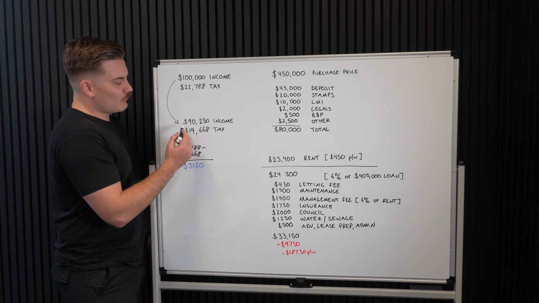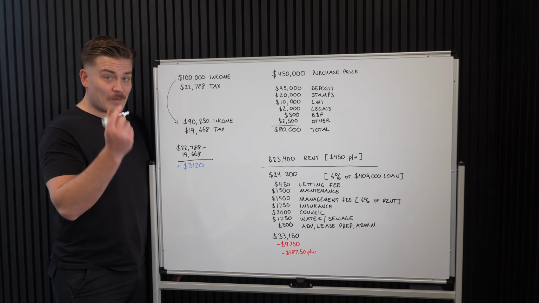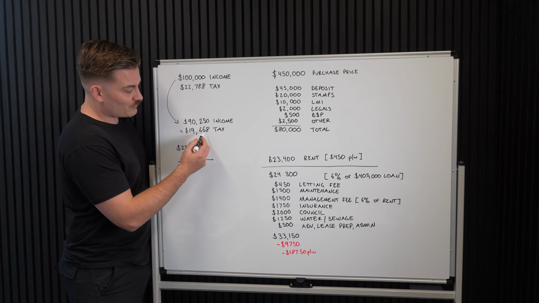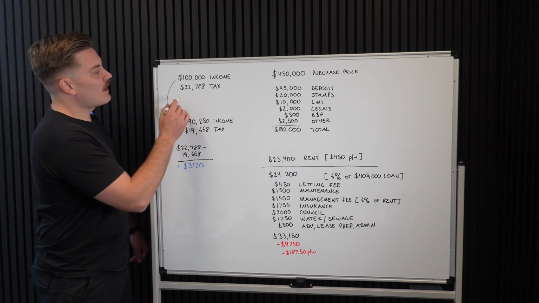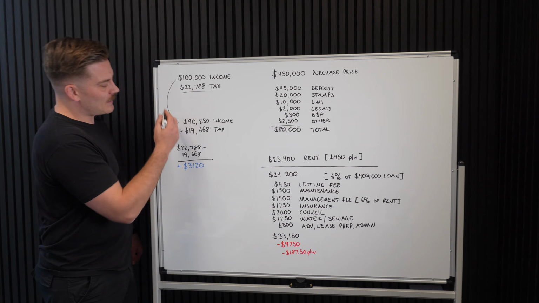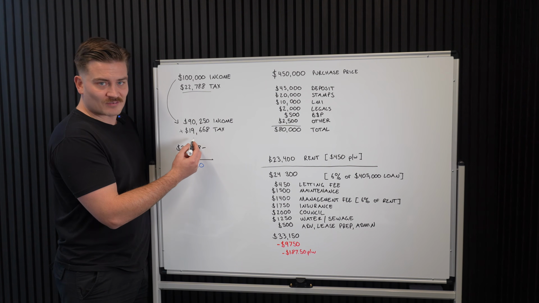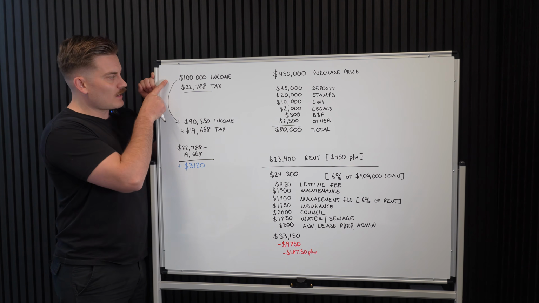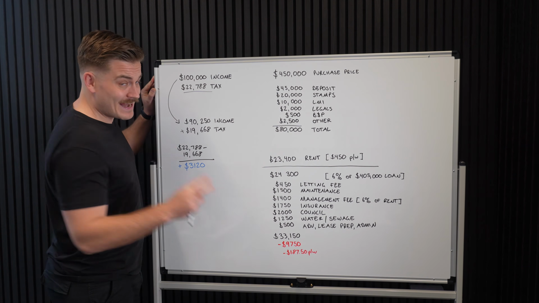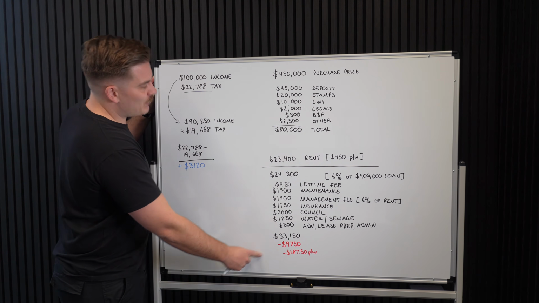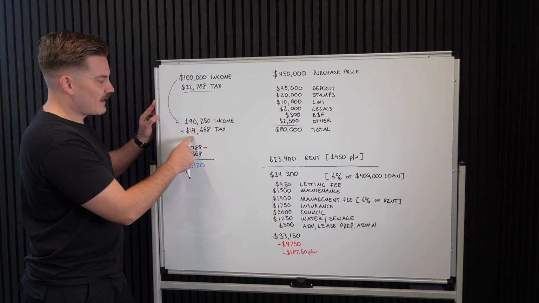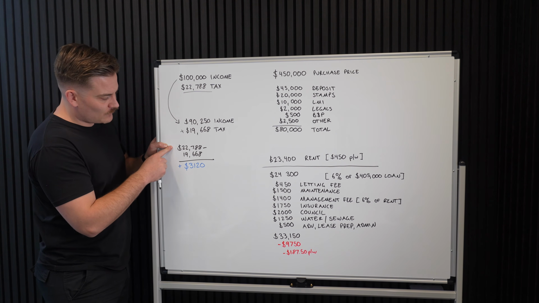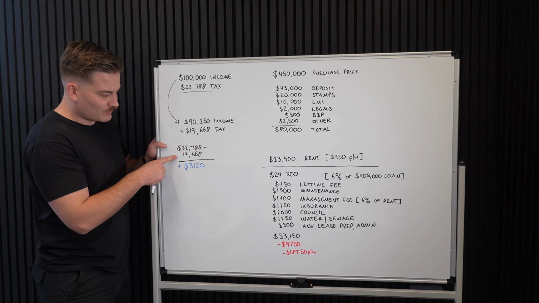Now, if that was my income with my PAYG, the company that I work for should only withhold $19,668 in tax. But instead, I've actually paid this much tax. Now, because my income is less, it means I actually pay less tax, obviously. Now, there's a discrepancy between the two. I was earning 100 grand and I paid that much in tax. However, because my property is negatively geared, that expense comes off my income, and that means I should be taxed at this amount. So the difference between the two, because I've already paid that in tax, means 22,788 minus 19,668